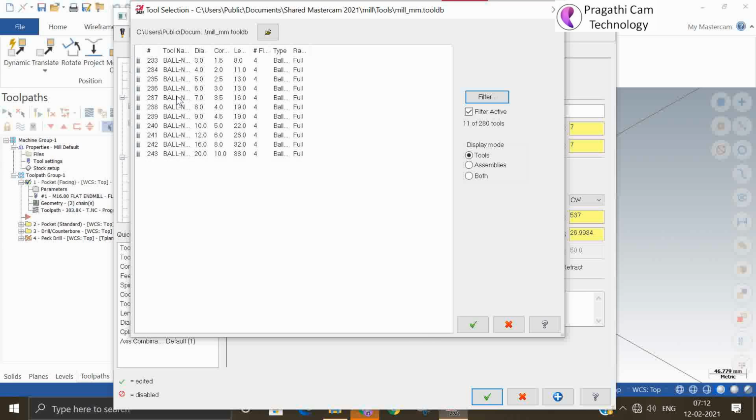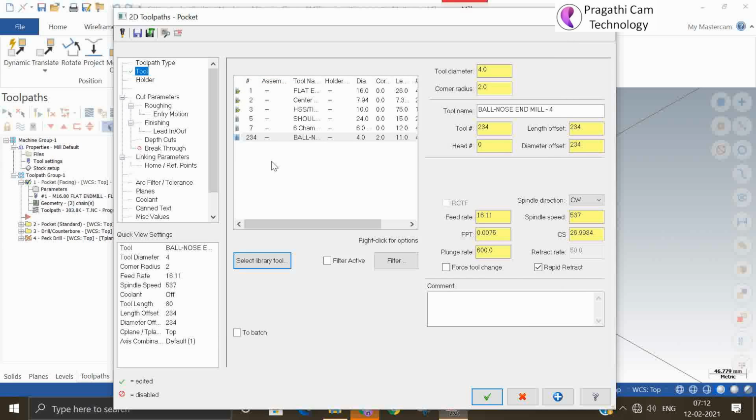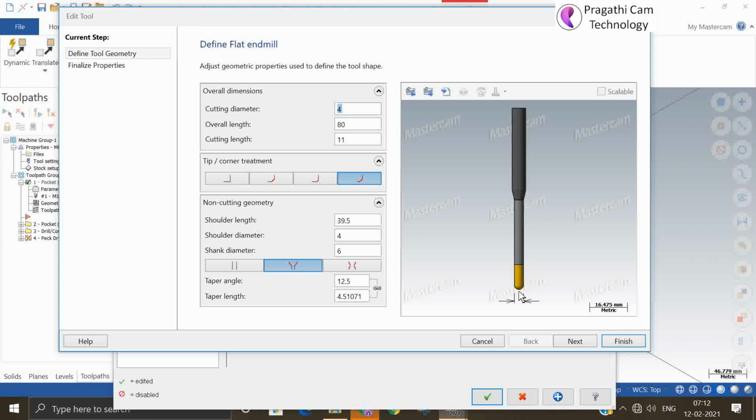I'll double click to show you how that shape looks. You can see that the edge is round. Ball end mills are always used in surface machining tool paths for surface finishing applications, finishing and semi finishing you can say.